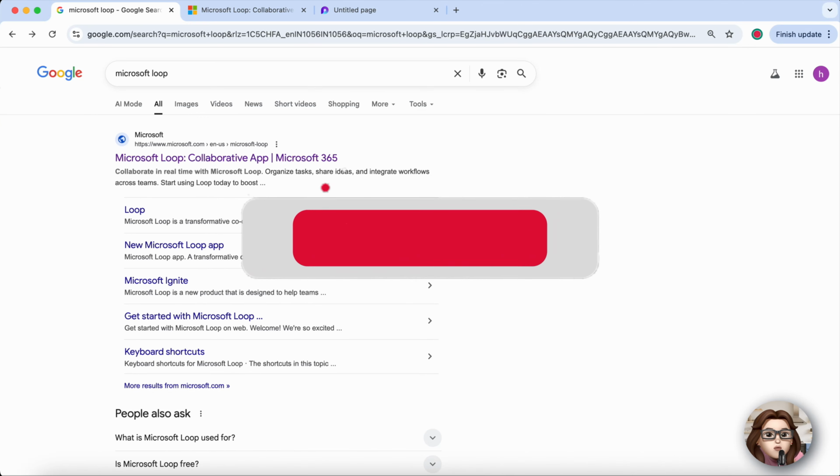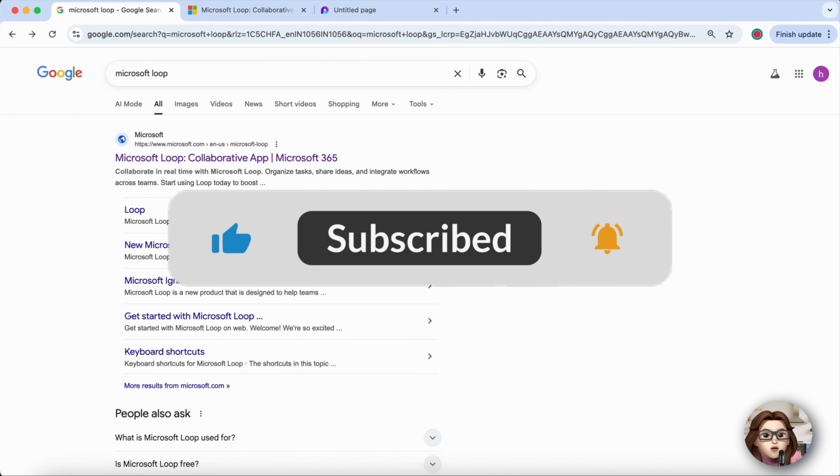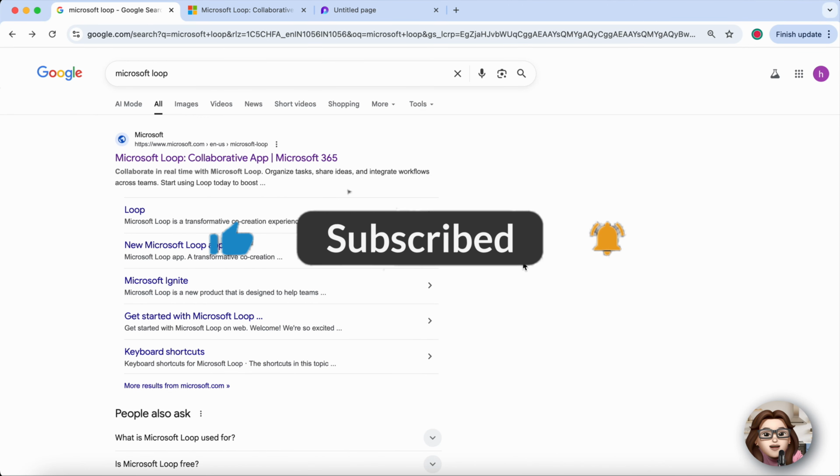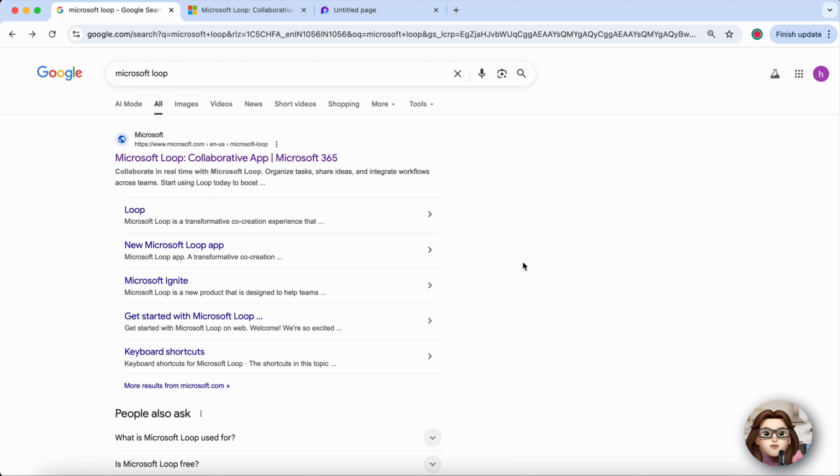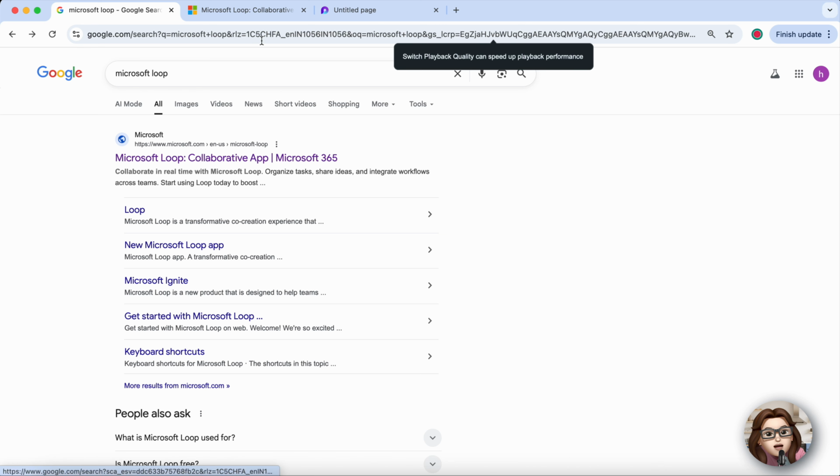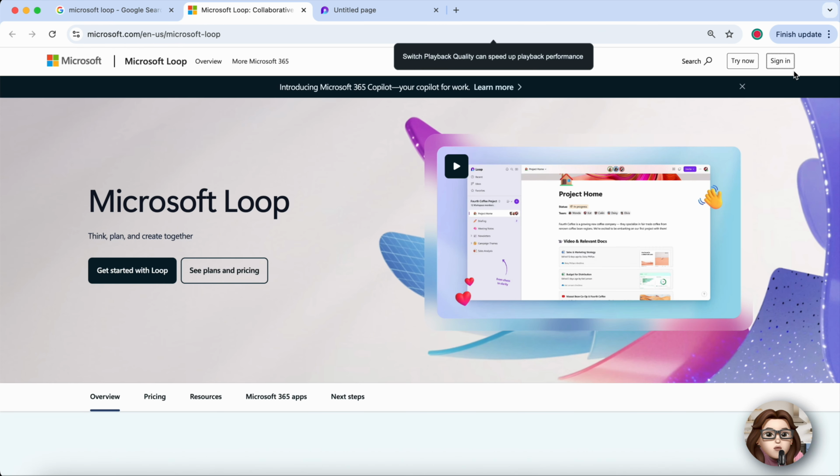In today's video, I'll show you how to quickly access Microsoft Loop. Start by opening your web browser and going to loop.microsoft.com. Sign in with your Microsoft account, personal, work or school, to unlock all Loop features and manage your workspace